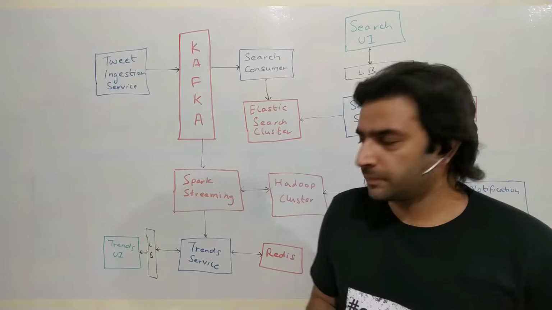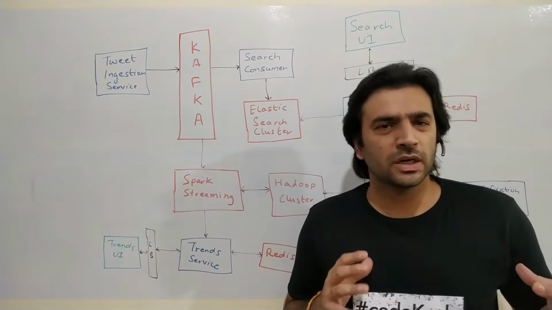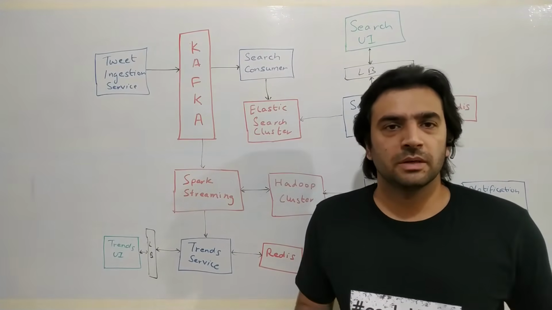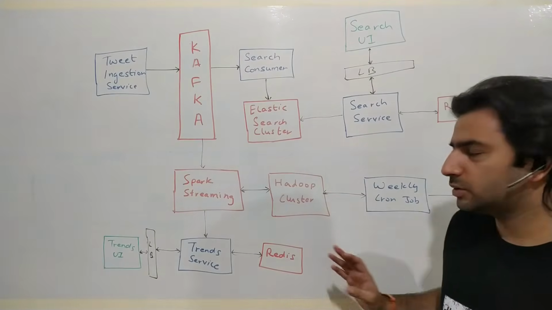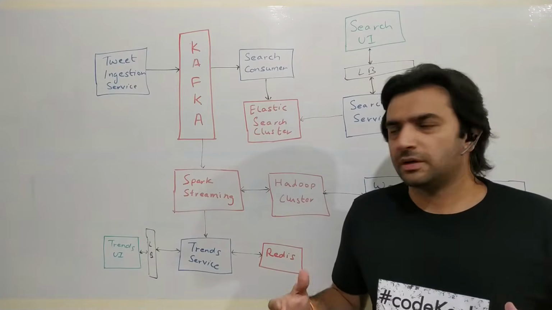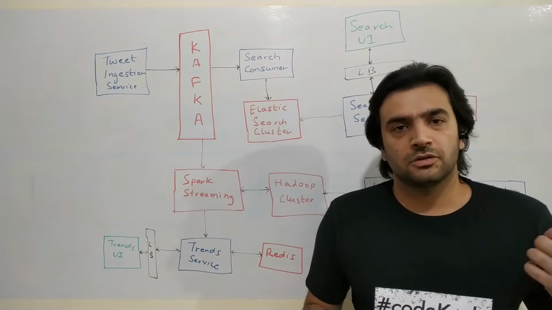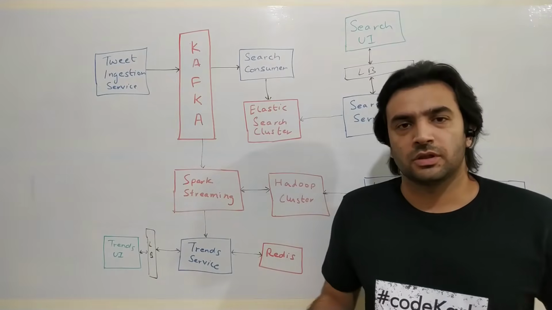As storage, we don't need a database for it, because this is anyway temporary information. We could again use Redis for storing it, as a cache, because in the next half an hour, Spark Streaming will again give a list of trending words to this service.